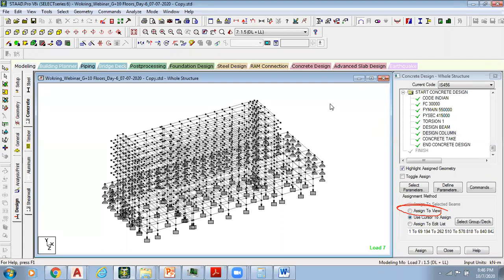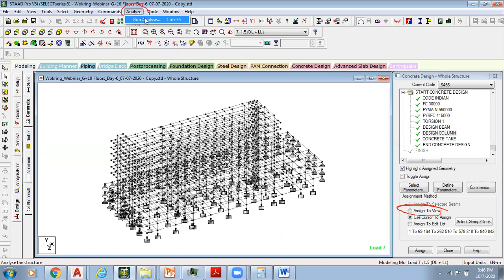Now all of them are done. Loads are added, load combinations are added, the perform analysis command is added, load list is added, and design parameters are added to this structure. Now complete information is given to this structure. Now I can run the analysis and check if any member fails. For running this analysis, let's go to analyze. I can run the analysis.